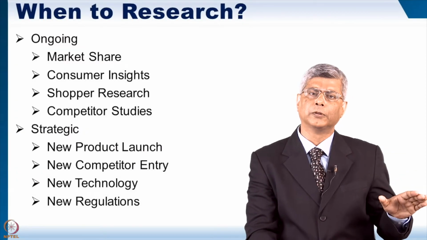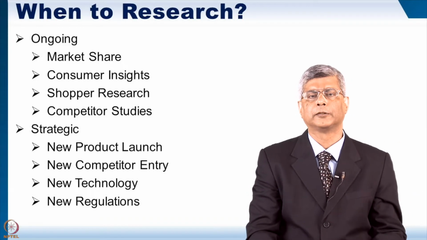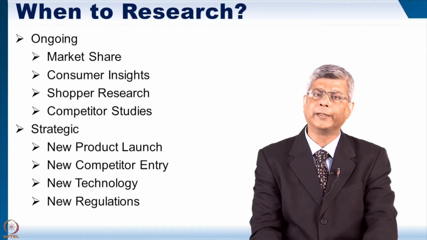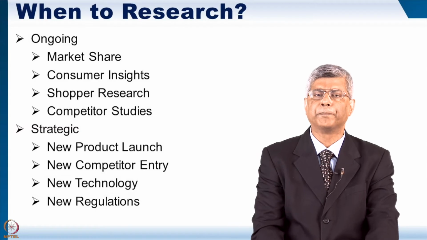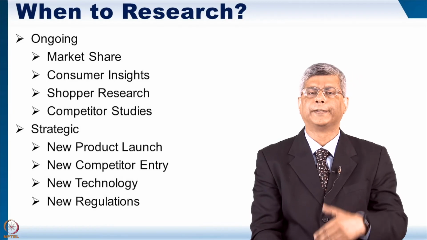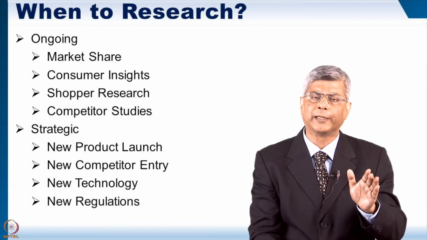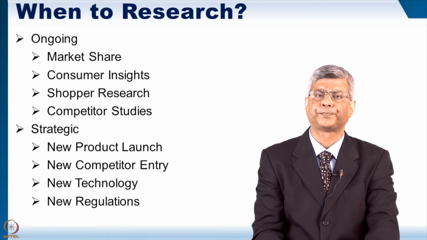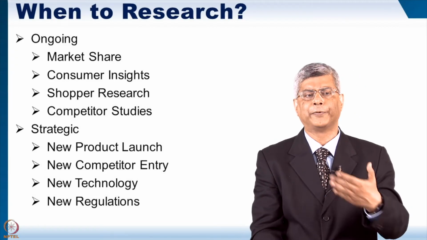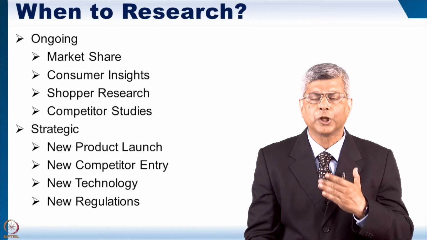So we've talked about why you need to research, whom should you research, how to research, but when to research. So there are two kinds of research again. One is ongoing. Most good companies will do ongoing research. It could be a research of market share, so the monthly market share report, just to keep an eye on whether shares are going up or shares are going down. It could be an ongoing, every month, every 3 months, every year, consumer insights. What are the customers and consumers telling you? Shopper research,